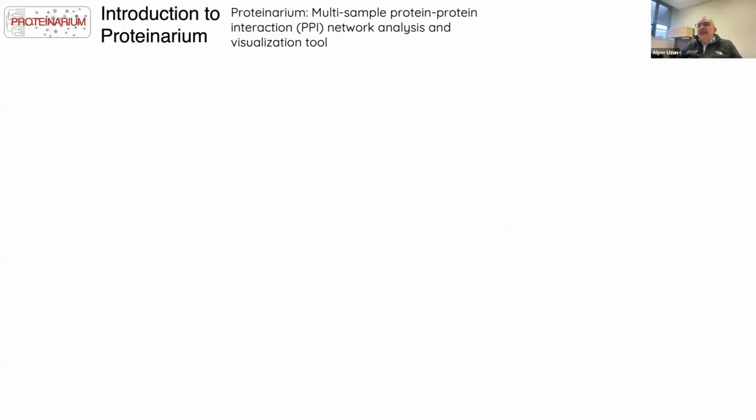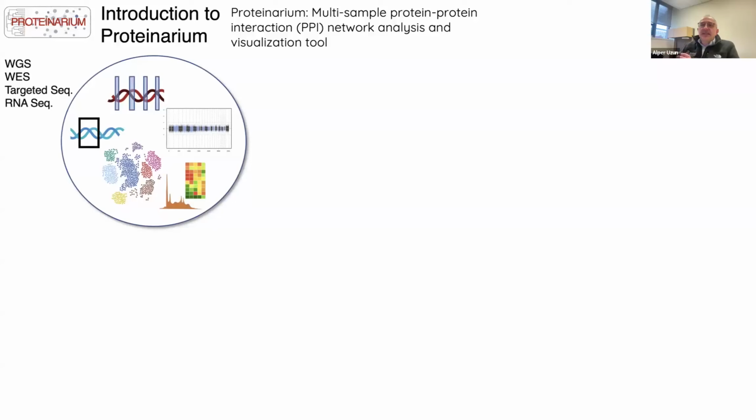What we do, I can give you this intro very quickly, is that instead of just having a differentially expressed gene set and identifying a differentially expressed list, we are analyzing each patient's network. If you have 1,000 patients, we are analyzing 1,000 networks. If I start like this, the data is coming from anywhere you like. It may be coming from whole genome sequencing, whole exome sequencing, single cell sequencing, RNA-seq.